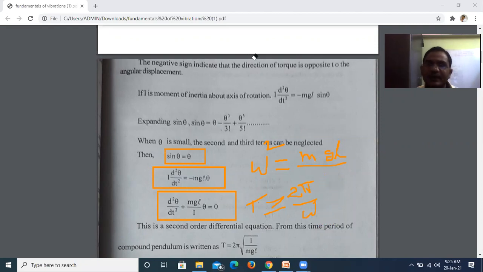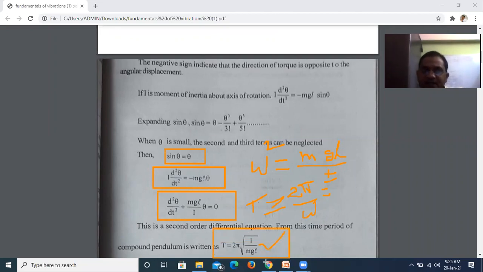2 pi by omega. So that equals 2 pi by this omega value, root of mgl by I. Substituting that, you will get T equal to 2 pi root of I by mgl. So the time period of a compound pendulum is T equal to 2 pi under root I by mgl,